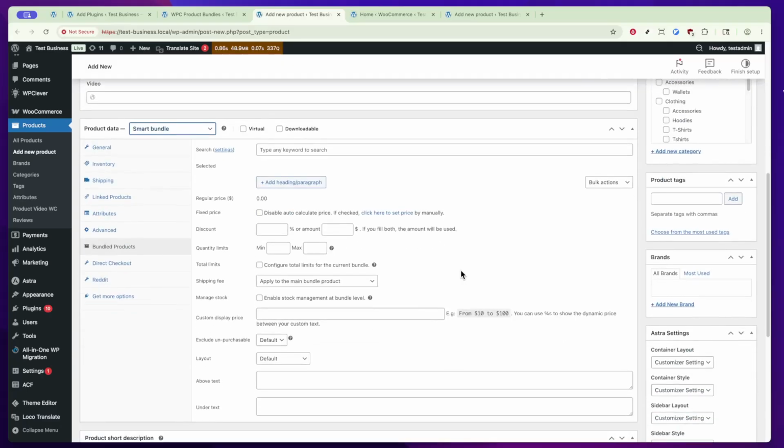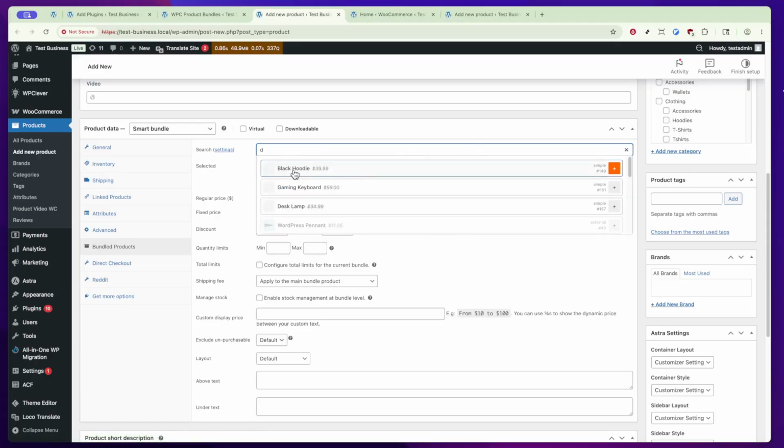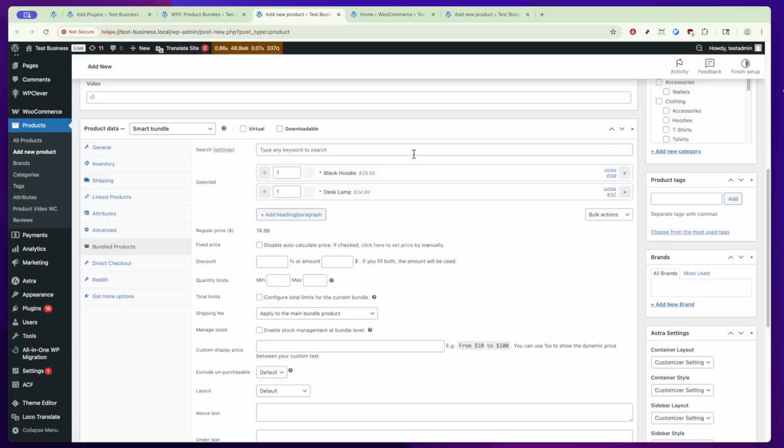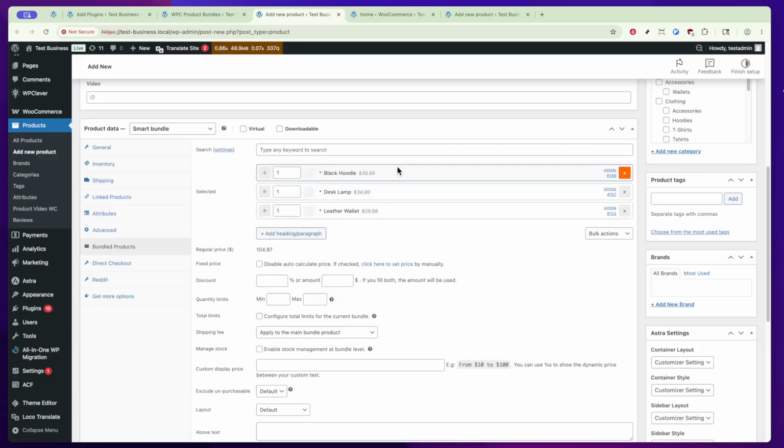Now, start adding products to your bundle. You can do this by either searching for their names or using their product IDs. Once you've chosen the products for your bundle, set a regular price, a sale price, and even any discounts you'd like to offer. You can also configure additional options like quantity limits, shipping fees, and stock management. These settings will help you control how the bundle is sold and ensure that it integrates smoothly with your store's